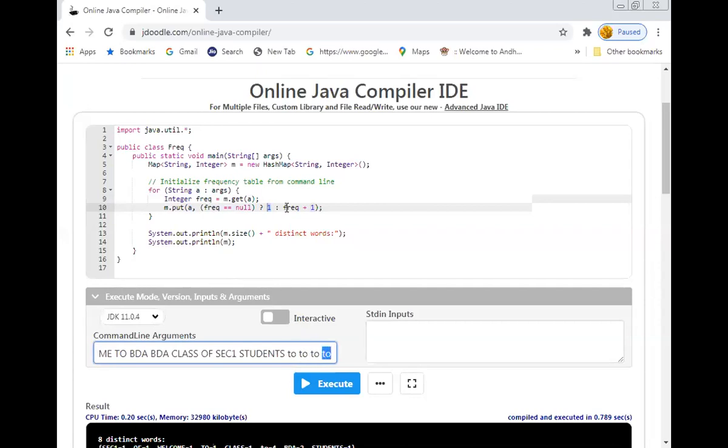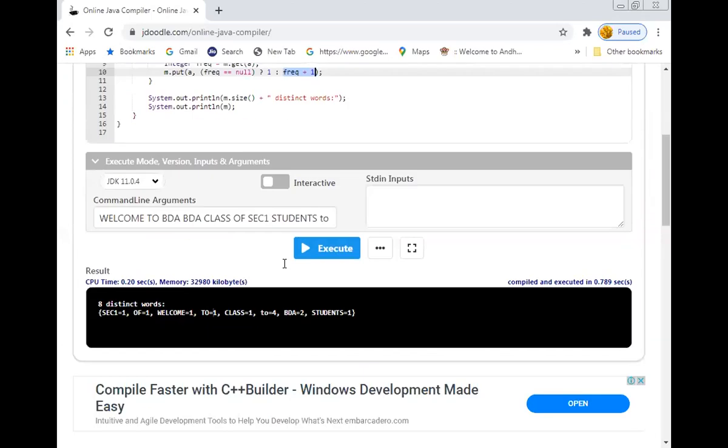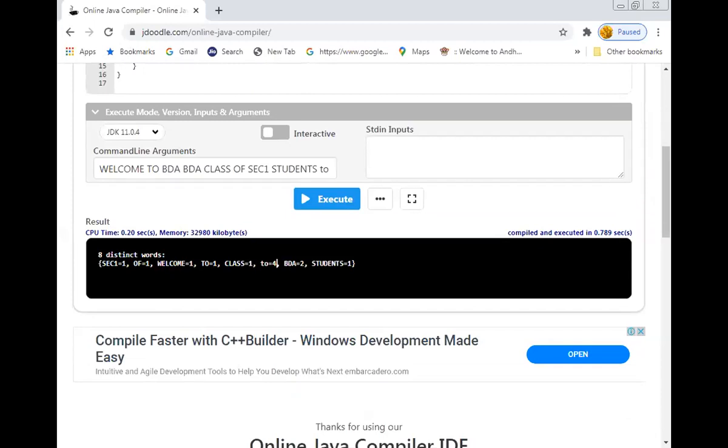So it was incremented by using this ternary operator. Initially its frequency is null. Later onwards, if the same word is repeated in your given sentence, the frequency value is going to be incremented. Frequency value in the sense the count.